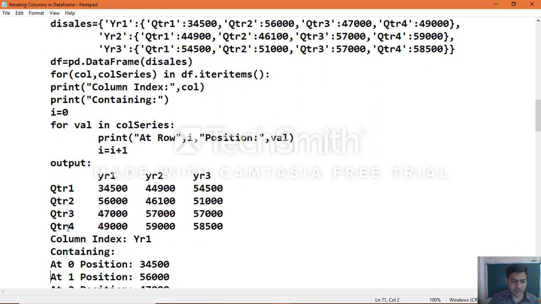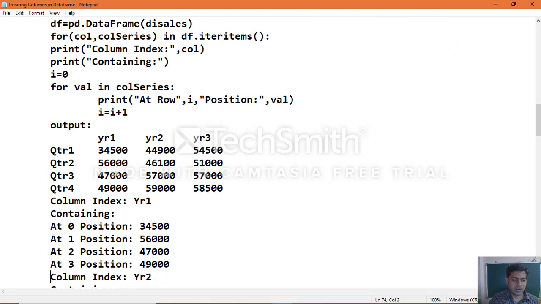This is the data frame object. Year 1 at 0 position the value, which you can see, year 1 sales details which we are extracting with the help of position. Okay, that position, which you can see, row position 0 and the value 34,500. Same way row position 1 and the value 56,000.